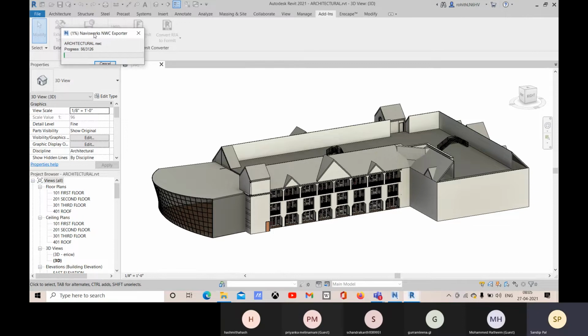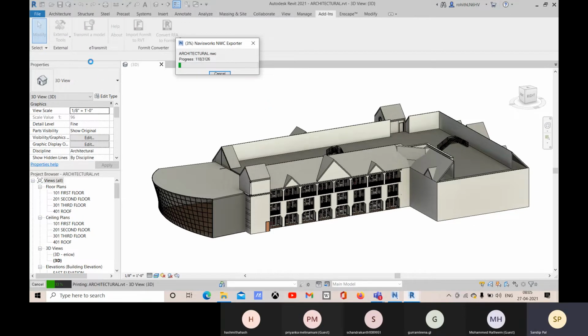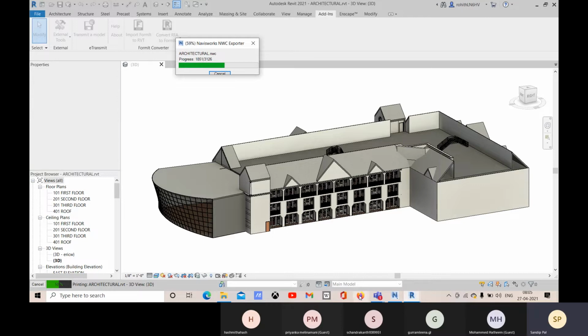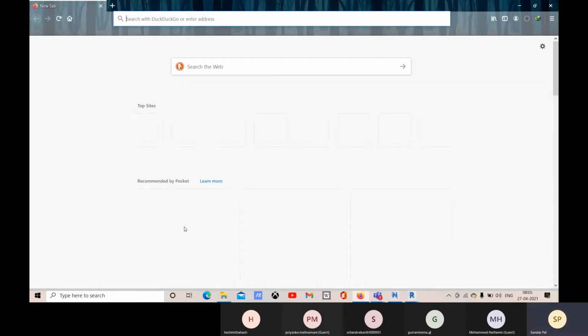Let me show you one thing: if you are not getting this external tool option. If you have installed your Navisworks first and then installed your Revit, then you will not get this external tool option. First you have to install your Revit, then install your Navisworks, and only then will you get this. If you have made that mistake and are not getting it,